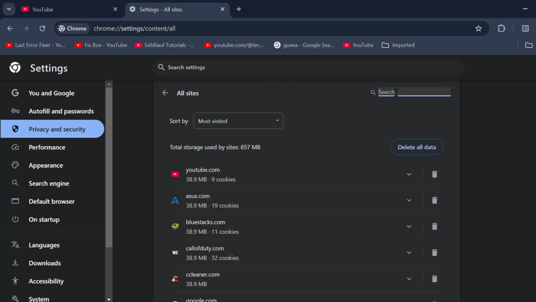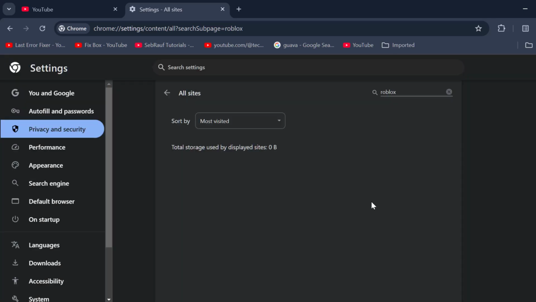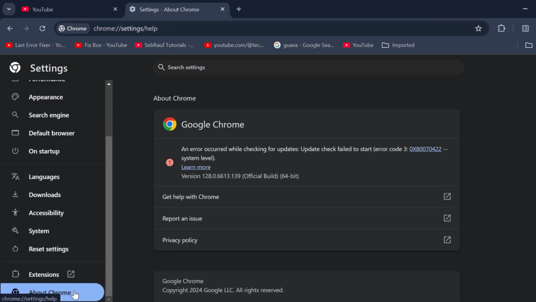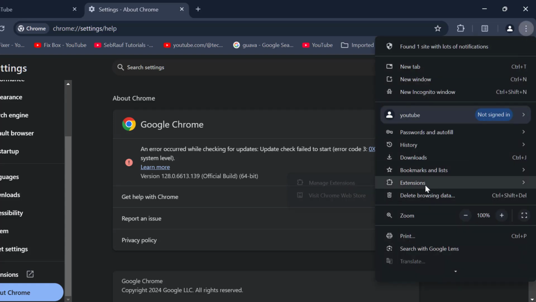Click on it and now you just need to search for Roblox. Click on the trash icon and delete it, and after that you just need to go to about Chrome on the left side, and now the Chrome will automatically check for update. After getting Chrome is up to date, just select this three dot icon and select extension and